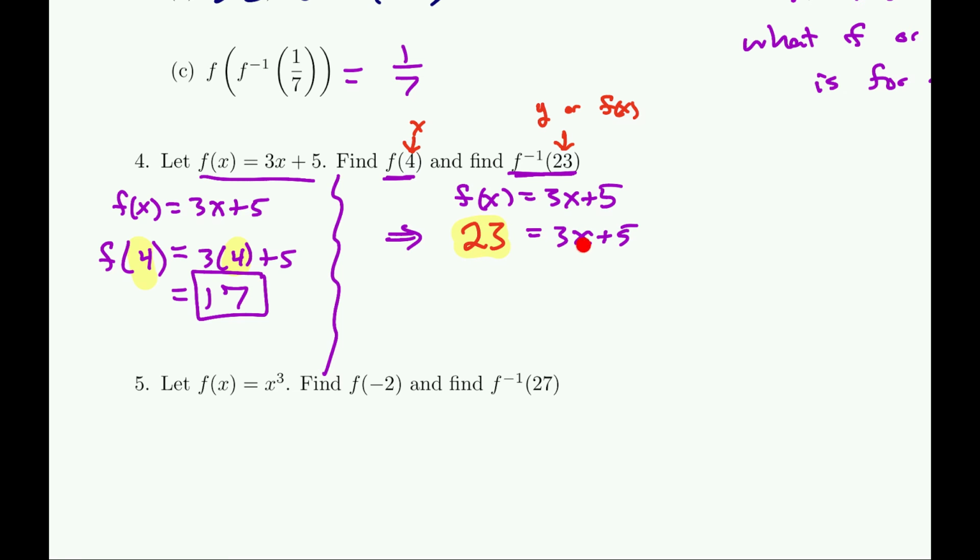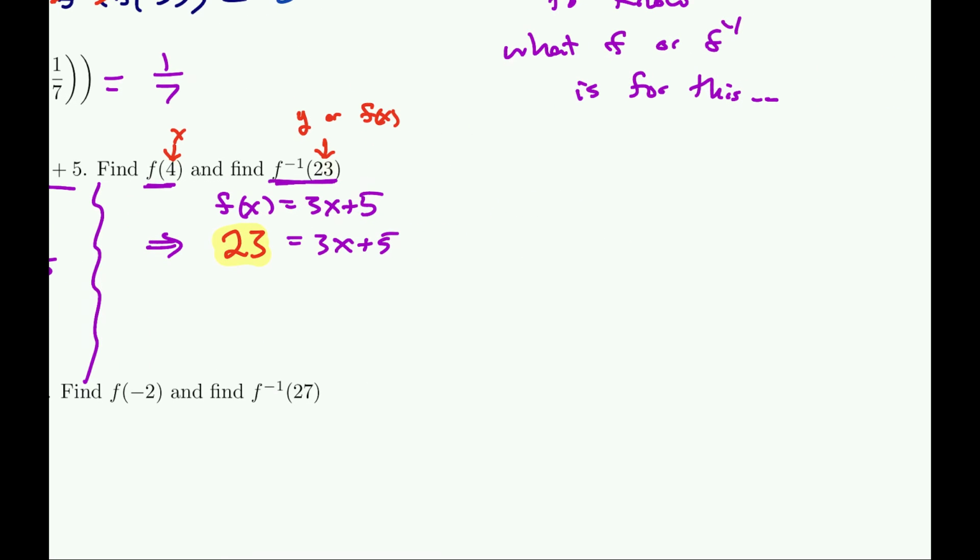The answer is going to be whatever the x value is, remember? Because remember how it looked like this when we were doing problems? Like f inverse of, let's say, a equals b. I'm just putting symbols in. Remember that this was a y, f of x value, and this is the x value that goes with it, right? It's always an x and a y. So if this is the y value, 23, we need to find the x value. That means you have to do a little bit of algebra here and solve for x.